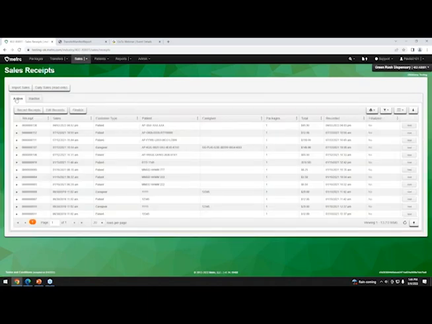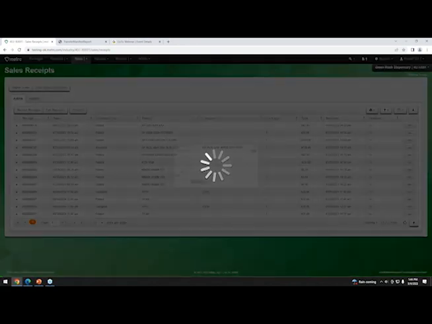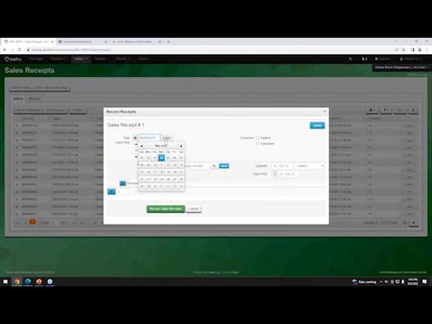All right, so you see here, this is how you can record sales receipts. So you can click record sales receipt, put the date. You'd want whether it's a patient or a caregiver, depending on what you select. So if it's a patient, you have to put their patient number. If it's a caregiver, you have to put probably, I believe, both. But you put in your patient number, you select your package that you're pulling out of.